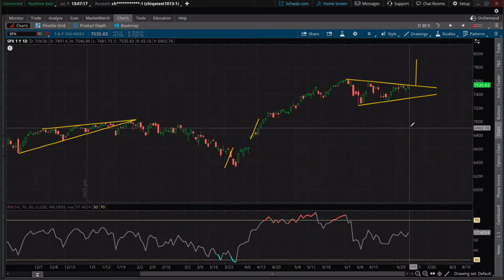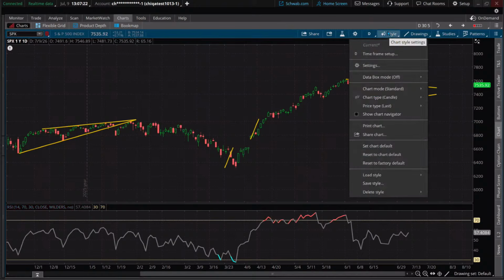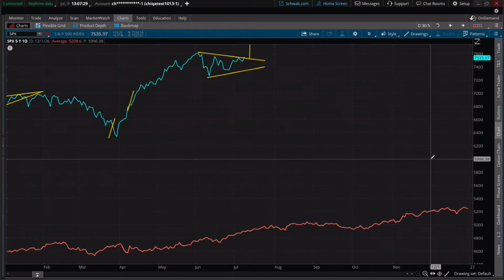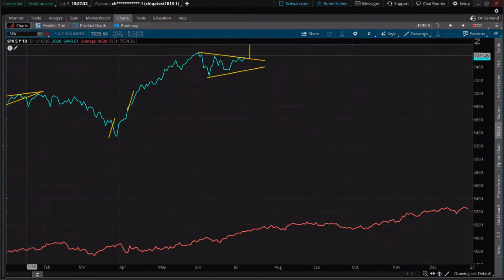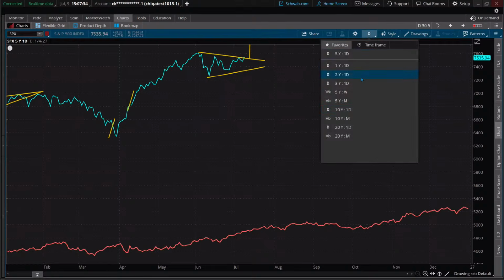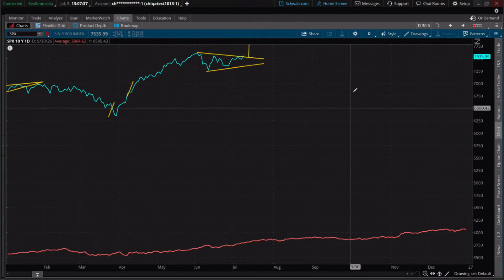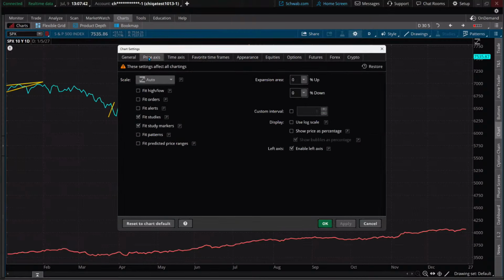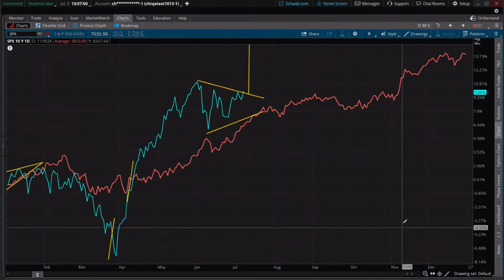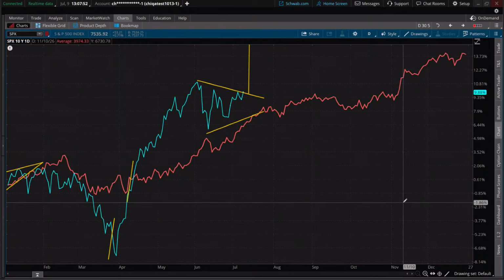If you ever want to check and see where we might be at relative to a given time frame, come up top under your style, go down under standard and just hit seasonality. This gives us, in this case, a 5-year chart. We can always adjust this. This is a 10-year. And when I do that, I do have to adjust the pricing. So just a second here. I've got to put everything relative because prices 10 years ago are a lot lower than they are today. So I have to put everything as a percentage to equalize it. There we go. All right. And there we have it.